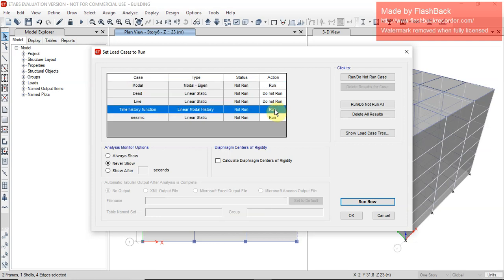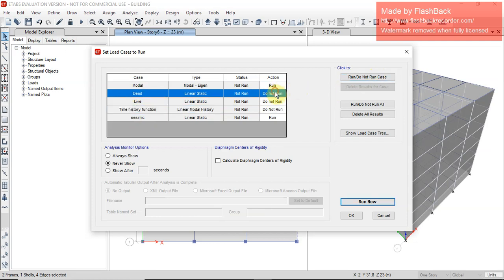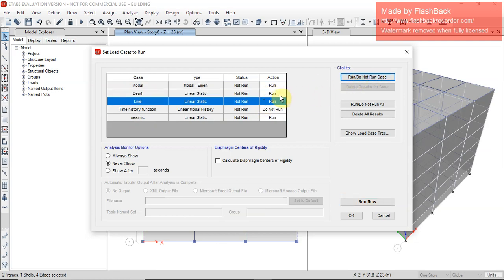This was previously defined, so we are not using it. We are designing a simple building, so we are using only dead, live and seismic. There is no need for the time history function for the simple design, and run now.